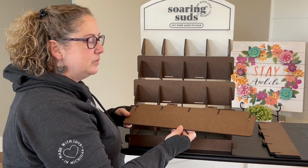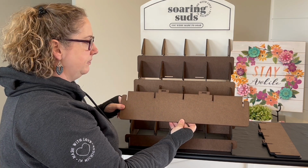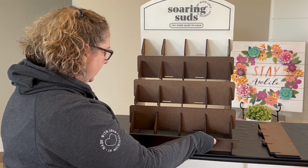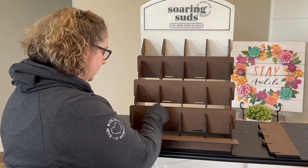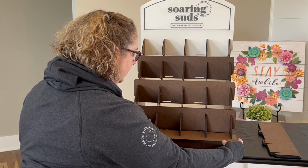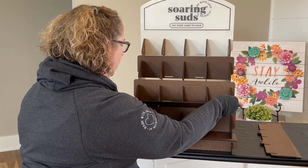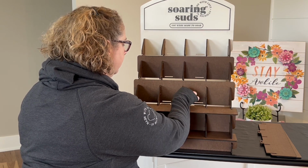Next step is to install the bottom shelves, and these are the ones with the locking pins here. So I'm just gonna flatten it and kind of tilt it down a little bit, and again wiggle it right into place. You may have to just kind of jiggle it around a little bit until you get it to lock right in. Angle it down, helps it to get in a little bit smoother, but you may have to lift up on these